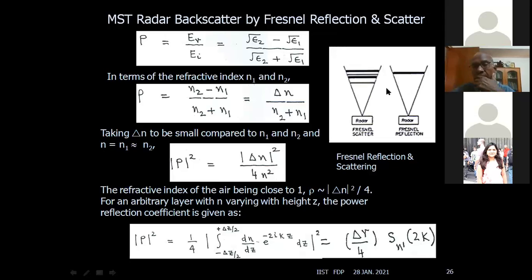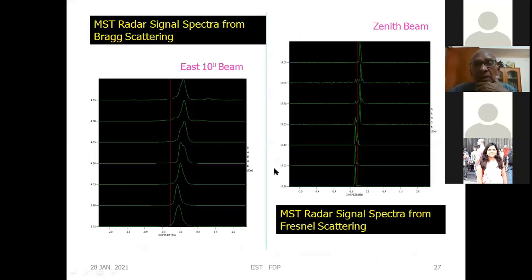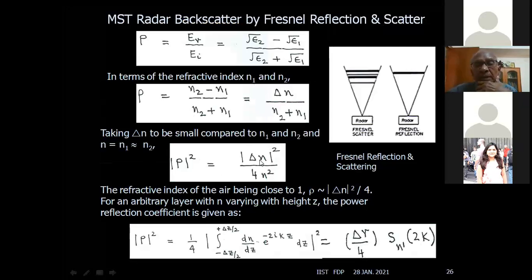So the difference between Fresnel reflection and scatter is that scatter is the summation of n number of layers incoherently to give the total signal, and here, of course, there is only one. You talk in terms of the reflection coefficient in the case of partial reflection. So the power reflection coefficient is delta n, the fluctuation in refractive index, divided by n squared, that is the refractive index squared,